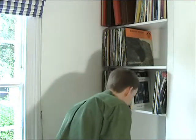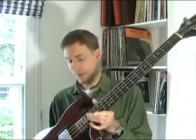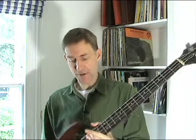And last but by no means least is my 1973 Gibson EB-3, and I was lucky enough to have this for, I think it was my 15th birthday, and I've had it ever since. Played it in school bands and college and that kind of thing. And at the time I had it in the early 80s, it was second hand then, a very unfashionable